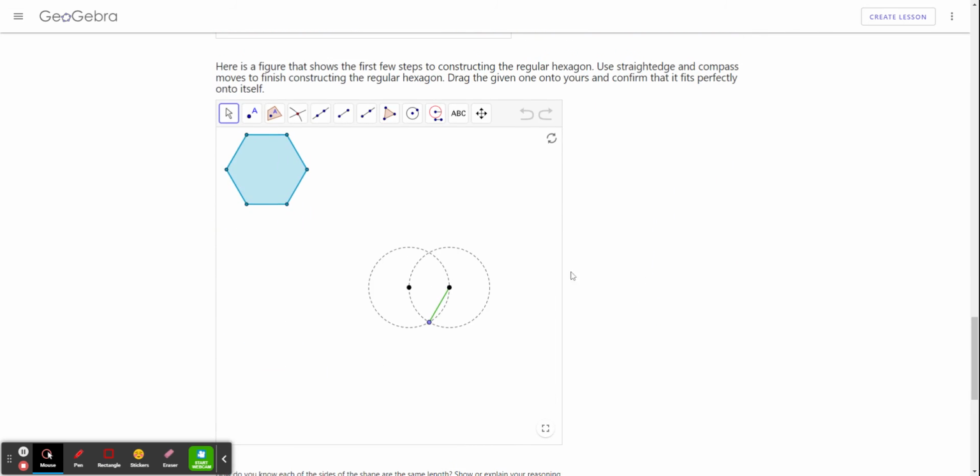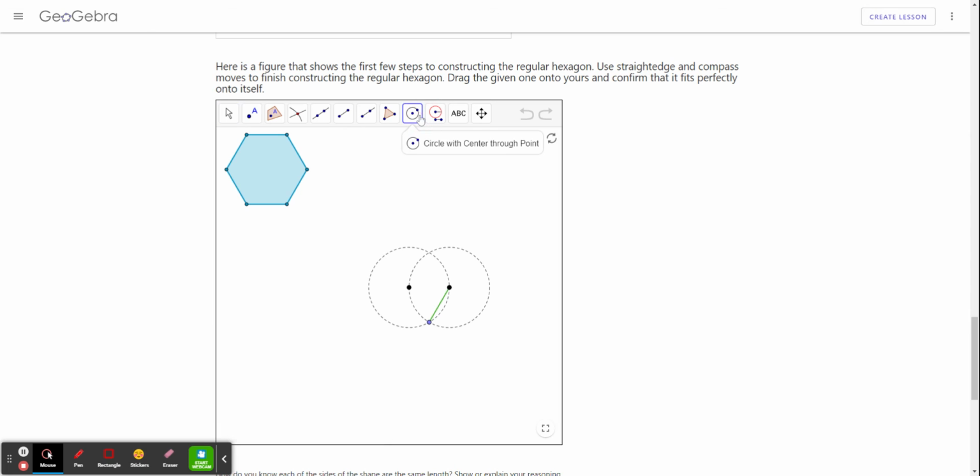All right, so I can see here that these 2 circles are the same size as each other, right? And that's got to do with the fact that they both have the same radius. So I know that I am coming up with equal side lengths so long as I keep using circles that have that same radius length. Okay, so I'm going to continue to build circles onto this diagram. I'm going to keep my radius the same length as these 2 circles,